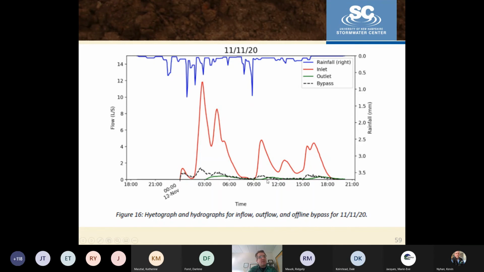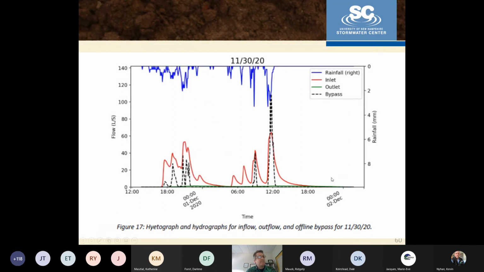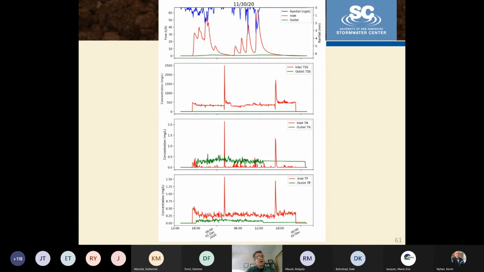So that's that first flow outlet. It picks up early on, and it kind of meters that flow out through the primary flow path. And then you have bypass, again, which is spilling over the sides and getting into the infiltration area. There's just another storm event. So this system has the ability to respond to very flashy storms, but it also has the ability to route that